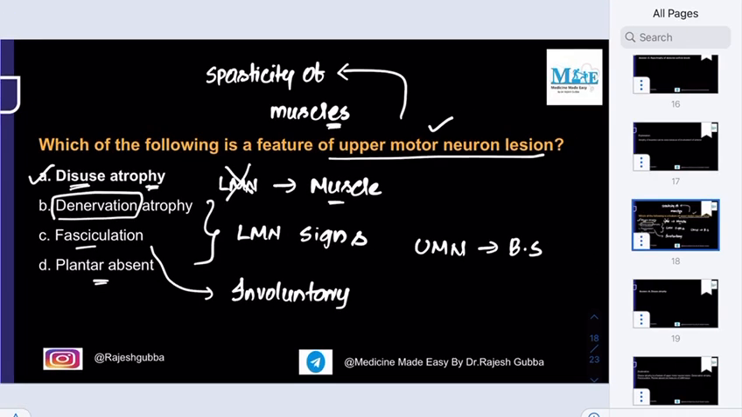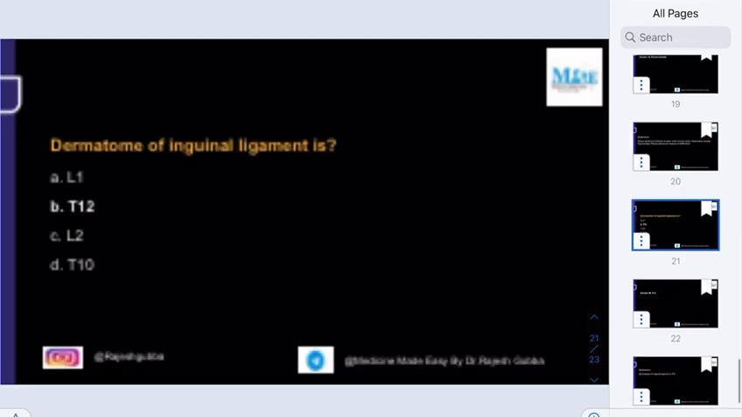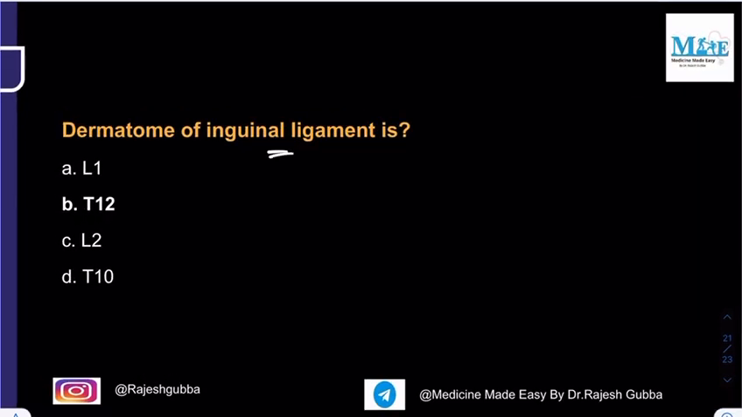Now moving on to the last question. Dermatome of the inguinal ligament is. This is basically an anatomy question. The options are L1, T12, L2, T10. So for the inguinal ligament, the dermatome is T12. Right? So these are the 5 questions of the quiz which I have posted on 12th of May on my